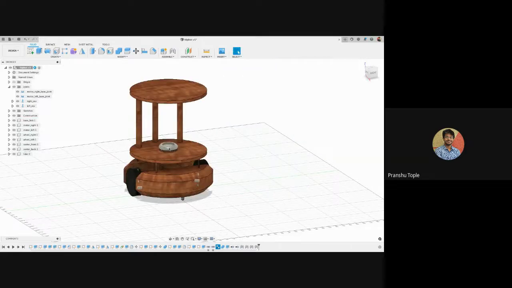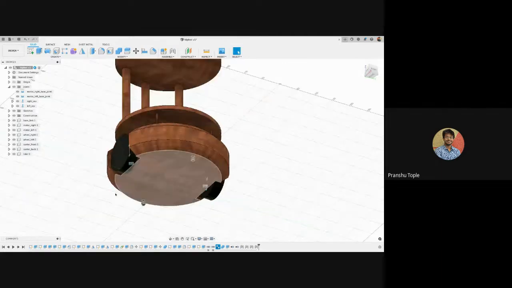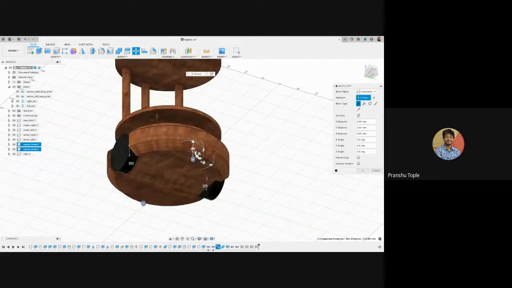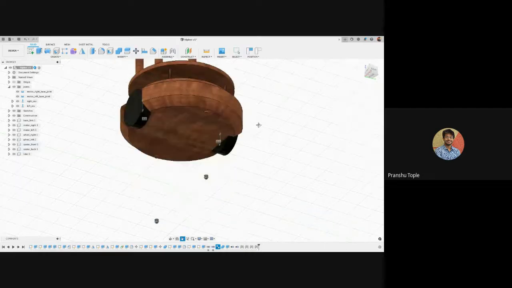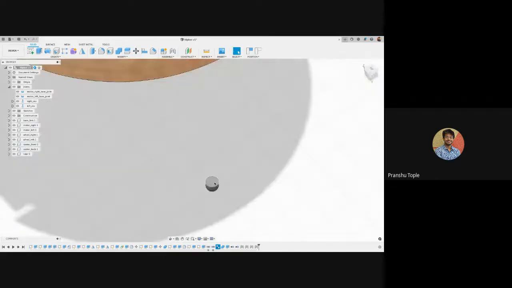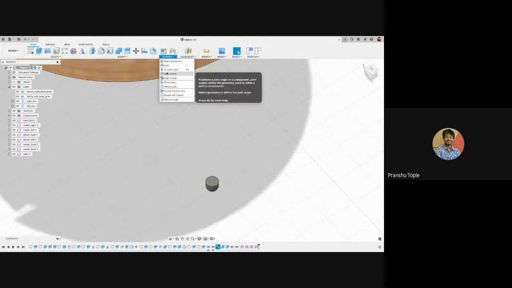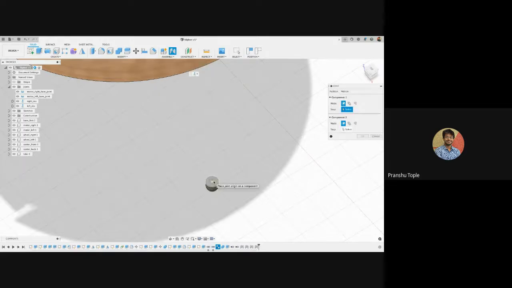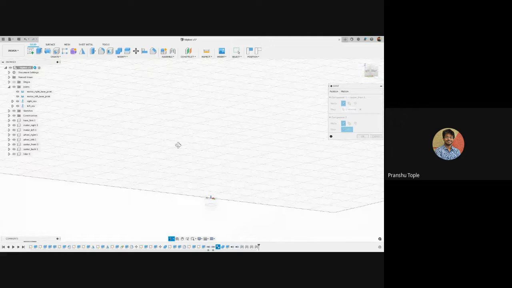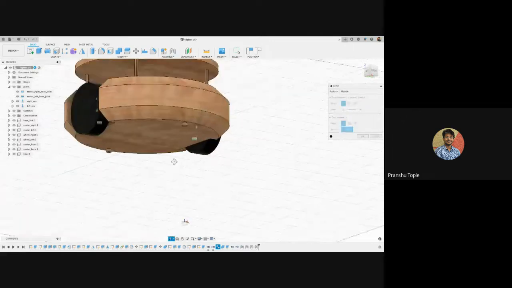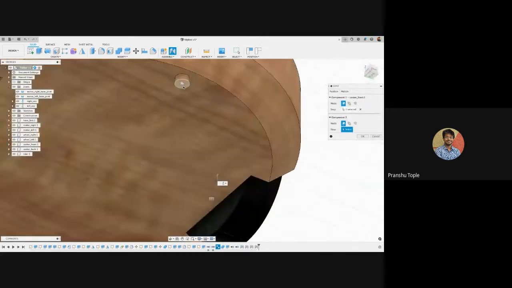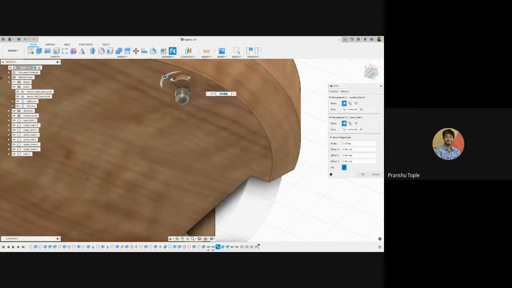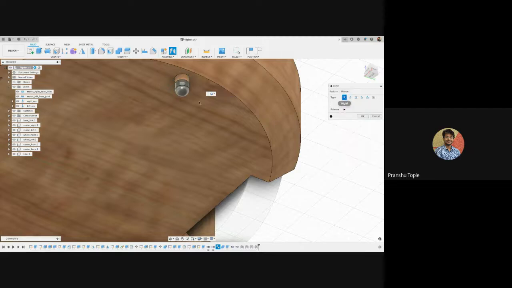So what we have not connected yet, we have not connected this thing as well, casters. So let's now connect casters. I will select the casters front and back. I will move them down so that it is easy to attach them. I will press on joint, select the center of the caster. I will see it from the bottom side and I will select the center of here. The caster comes here. Again, I don't want it as a revolute joint. I will keep it as a fixed joint.